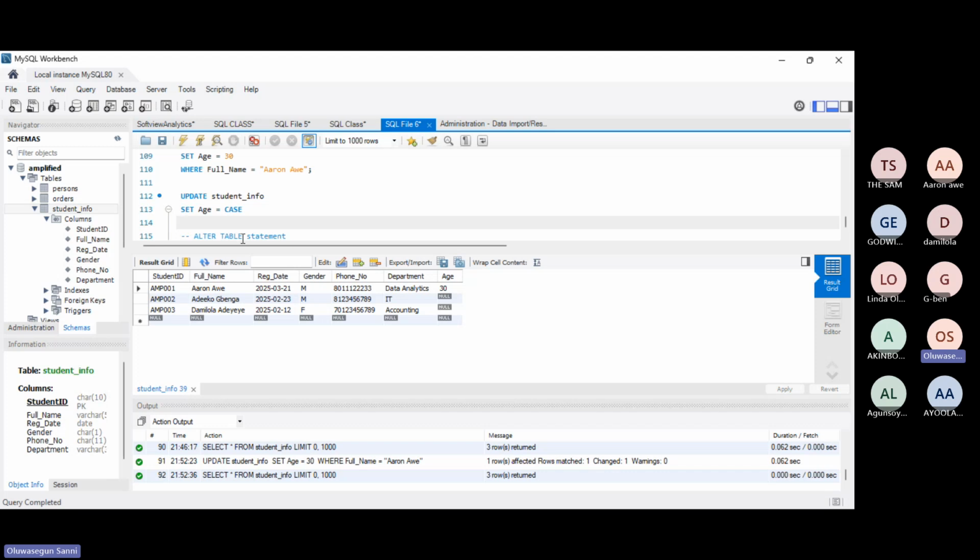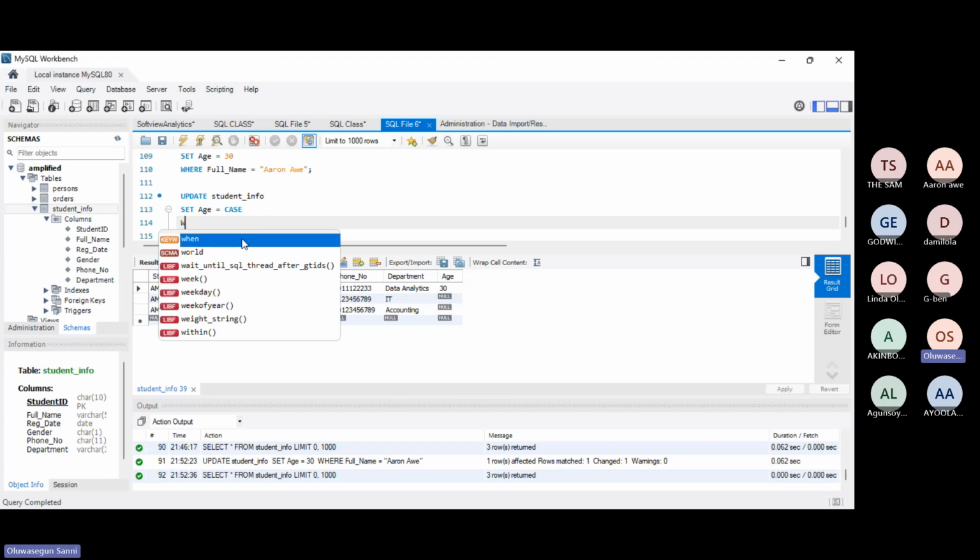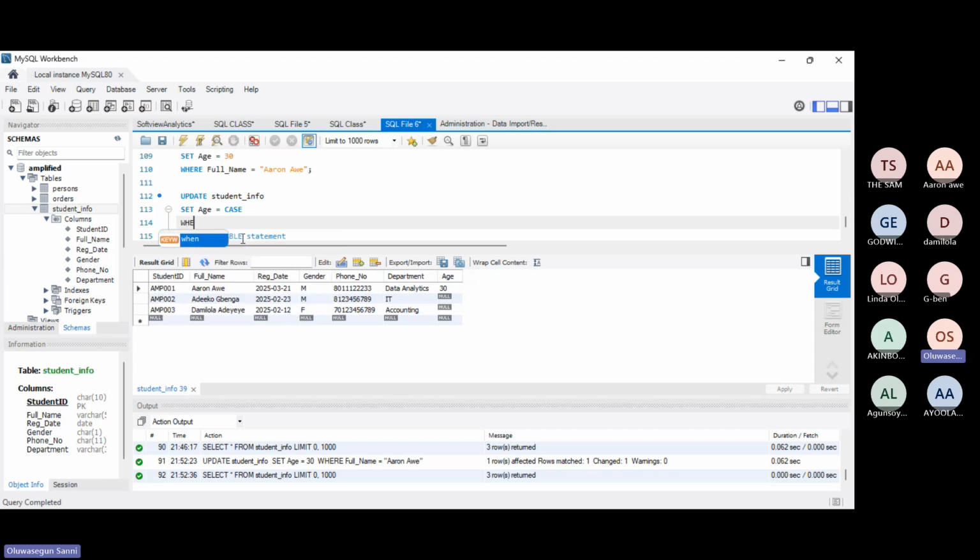I'll say when, I'm going to bring a new word called when. I've said that I'm making the age a case. So when full name, just follow me, when full name